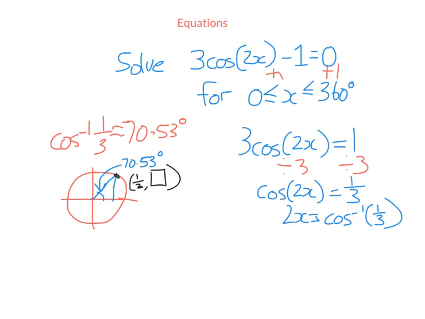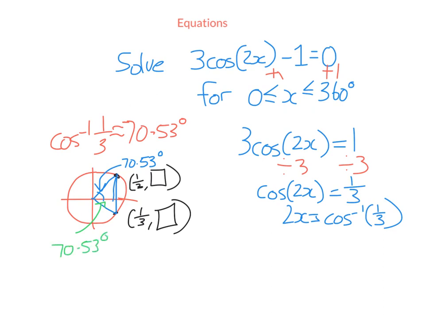But there will be another solution. There will be another time on the circle where the x-coordinate, remember the x-coordinate is cos, will be a third. And that will be down here. This point here will also have an x-coordinate of a third, and we don't really care about its y value. That will happen when I draw congruent triangles. This angle here will also be